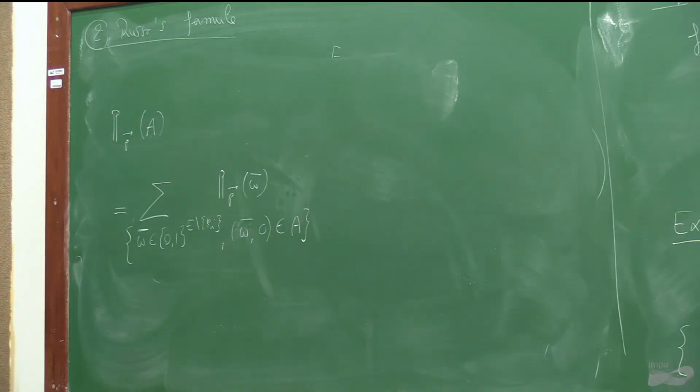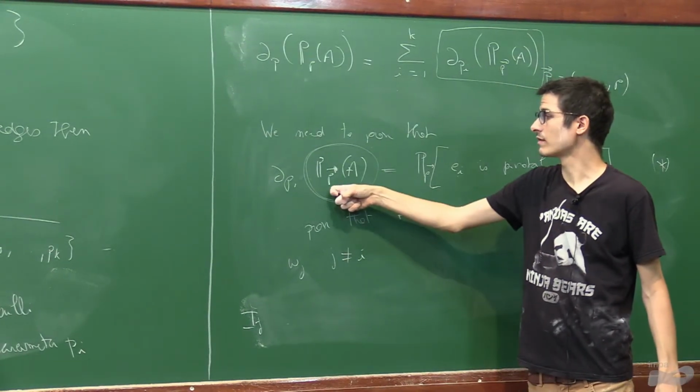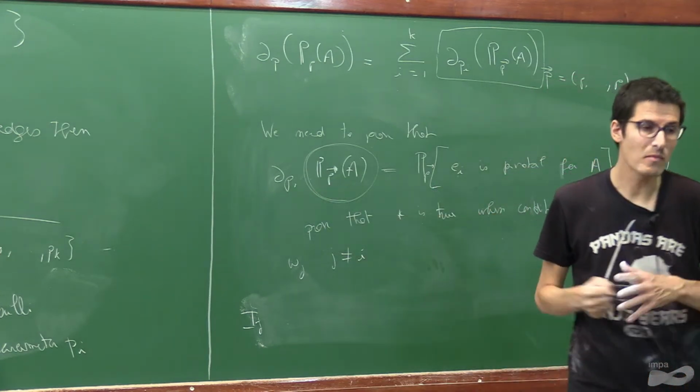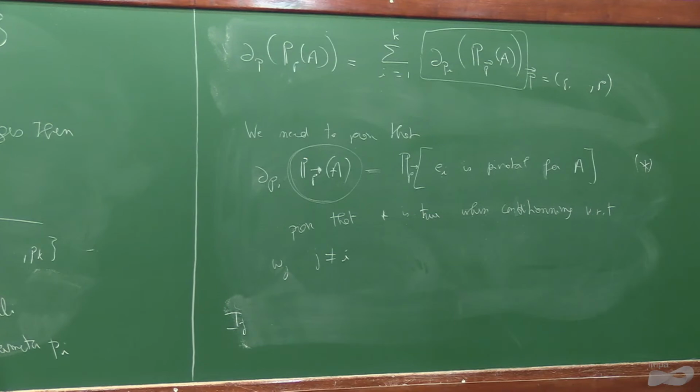Okay, so I'm not very good at writing right now, but the idea is that you basically have three kinds of... So this thing is a polynomial in all the p_i, because it's the sum over all configurations that satisfy A of the products of p_i and 1 minus p_i. Okay.